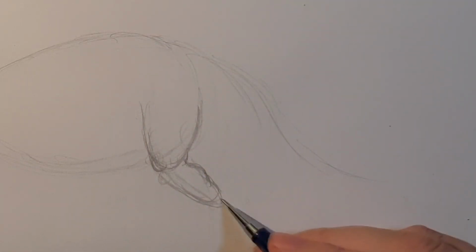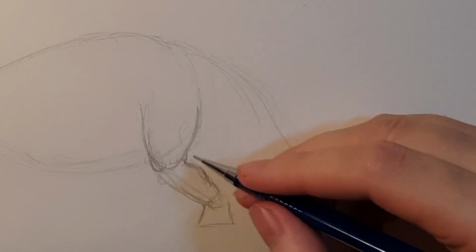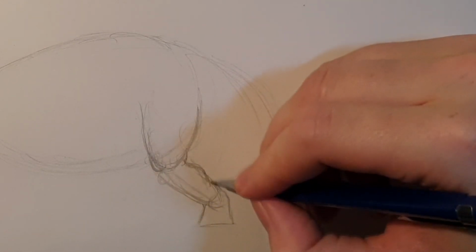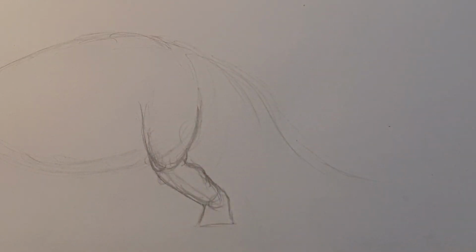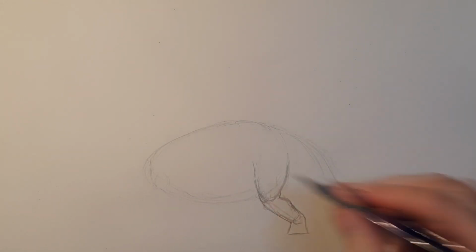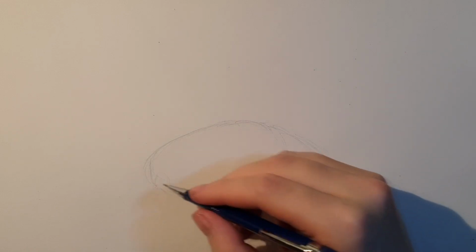And then we have his ankle over there, and the foot will be kind of attached to it like this, and of course his ankle over here. We will go into more detail later on, but this is just the first look we're gonna go with, and we can always go over it later on and create a little bit more detail. Alright, now for his front leg,